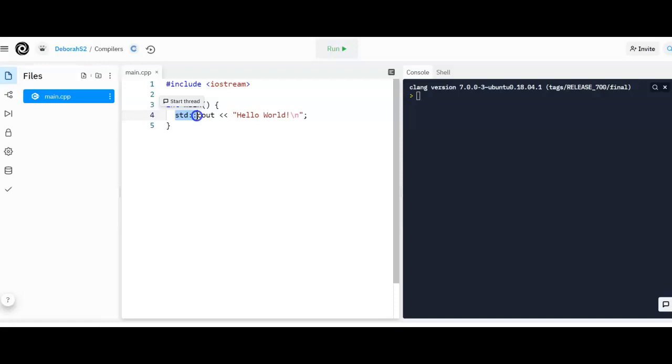This is, if you put std:: in front of everything that comes from the standard namespace, this is what it would look like. This is not the syntax that's followed in our textbook, and it's not really the easiest for beginning programmers. So we're not going to be using that syntax. Instead, we're going to be putting a statement up here: using namespace std. And you'll see this in my examples, and you'll see this in the zyBooks examples, okay? And then when you do that, you don't have to put std::